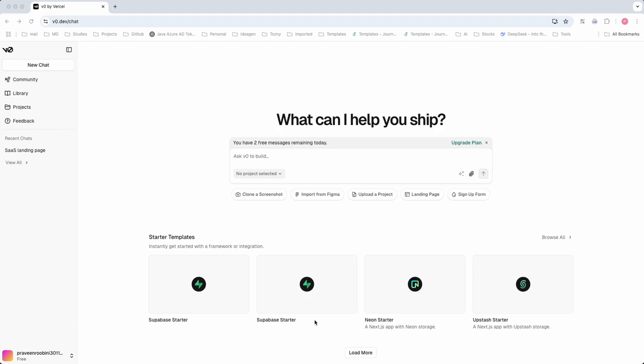Today we are going to discuss another new AI-powered tool, which is nothing but v0.dev. This is one of the popular tools in the market right now, like Replit, Lovable and Bolt. This is another tool developed by Vercel, and